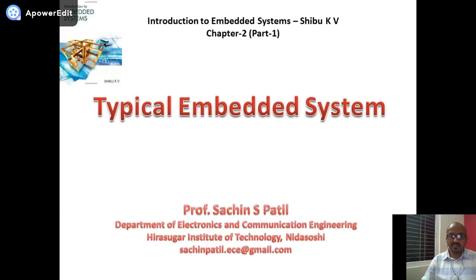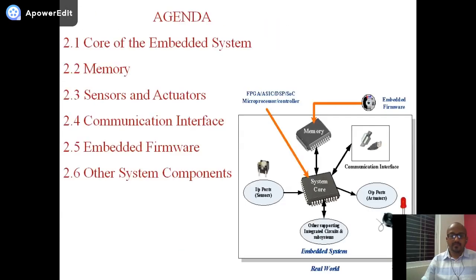Typical embedded systems. This is the second chapter of Introduction to Embedded Systems by the K. V. K. K. Prasad book. The major outlines of this chapter are core of an embedded system,